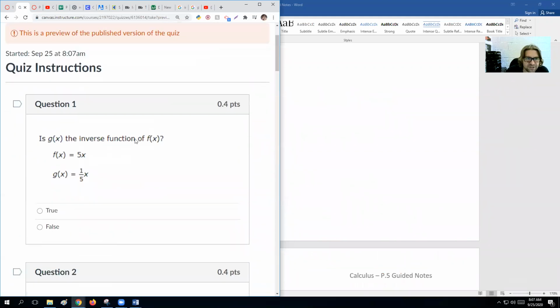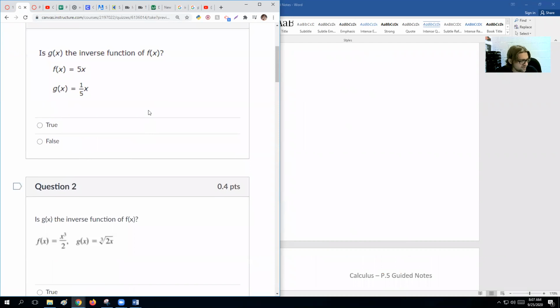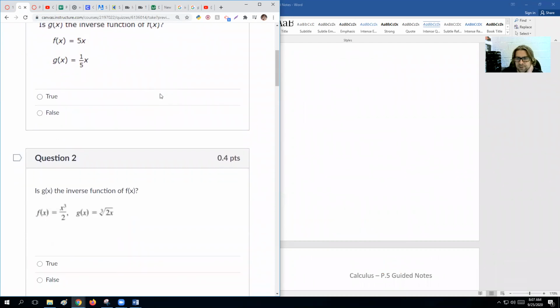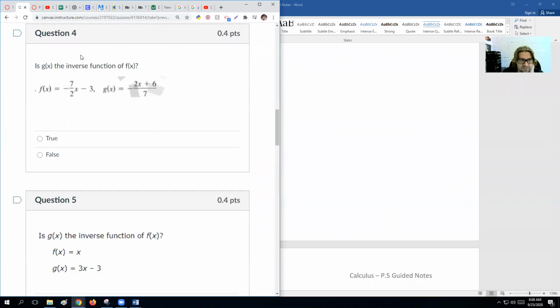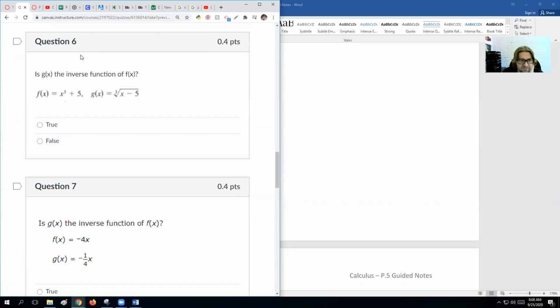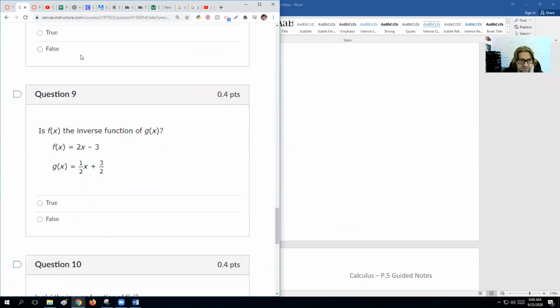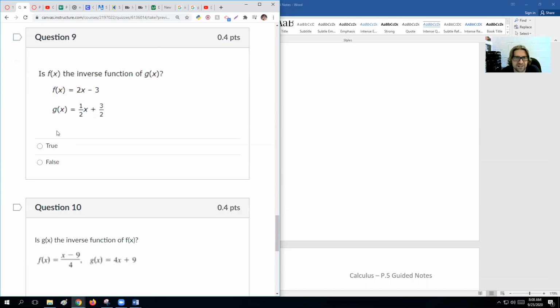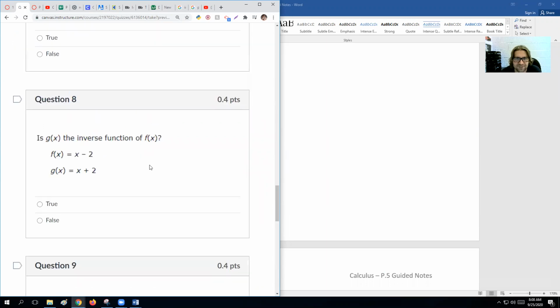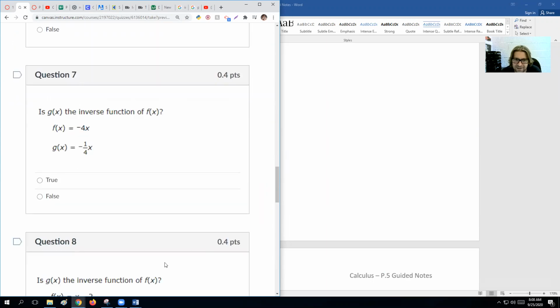All right, so you just need to determine at the beginning whether these are inverse functions, yes or no. Hopefully you take your time, you can plug one into the other and make sure it equals x, or do some other things to verify. So those don't look too bad. Is this all we're doing here? All right, so you have a true-false quiz that you guys are allowed to take as many times as you need. Think you'll be all right. All right, great way to end this unit here. We'll start P6 tomorrow. Have a great